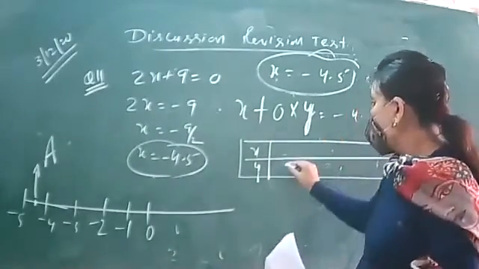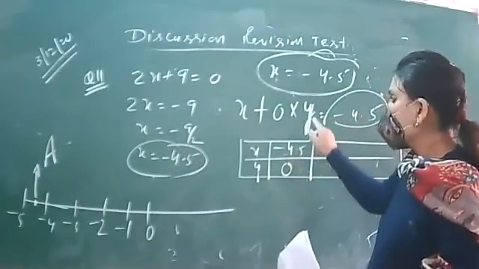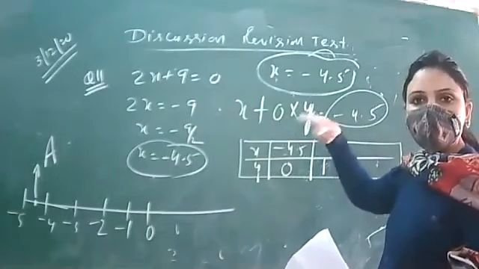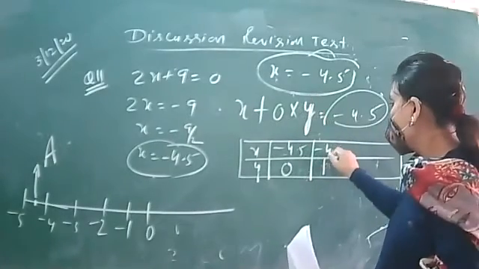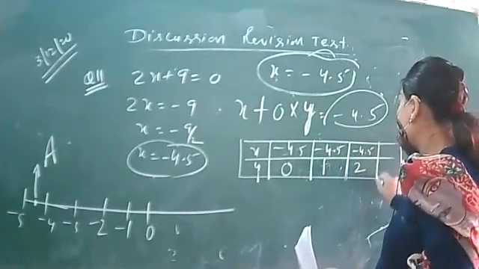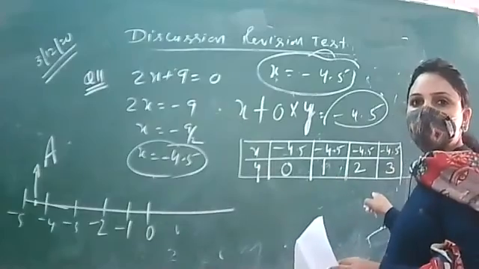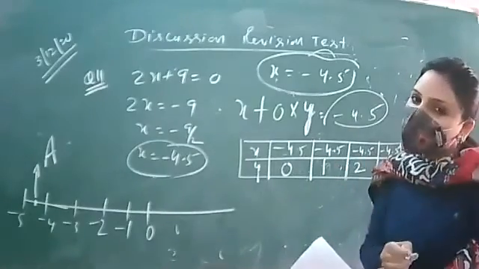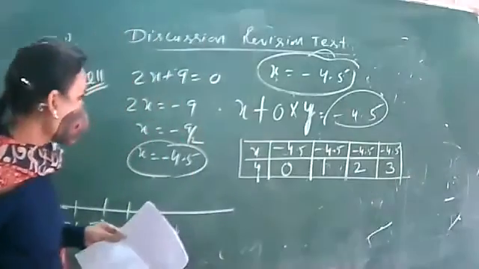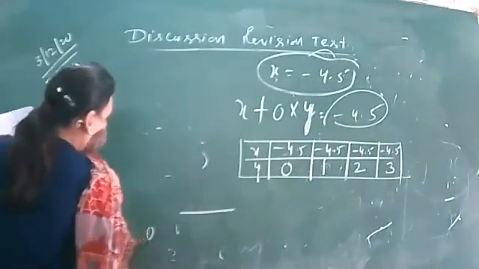So we'll put the value of y as 0, x is minus 4.5, because 0 into something is 0. y is 1, 0 into 1 is 0, finished. x is still minus 4.5. y is 2, x again minus 4.5. y is 3, x again. That means the guest is taking the things and the children of the house sit quietly in a corner, waiting for their turn to eat, right? Let us plot these points and see the view of the line in two variables.